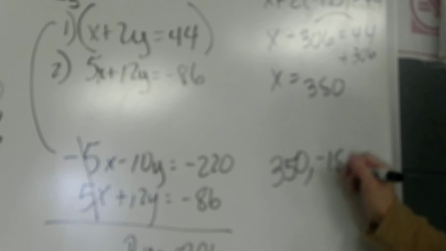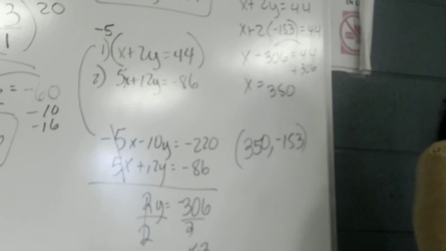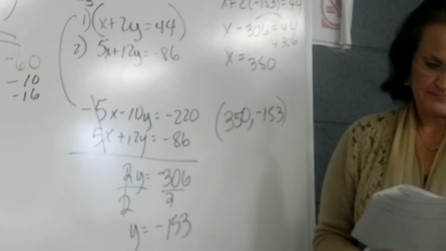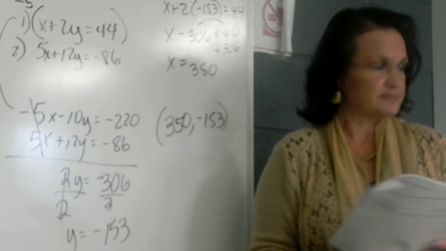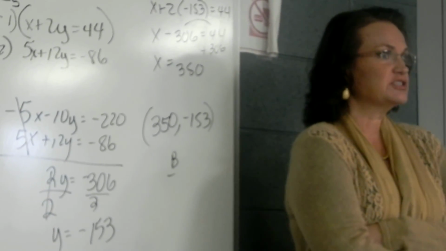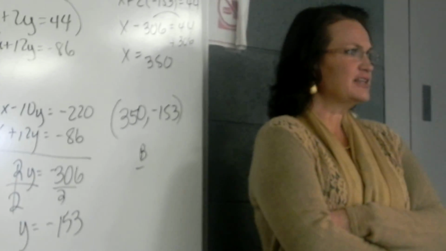So in order, did I make it? 350 and negative 153. It seems wrong, doesn't it? That's why I asked you that. Those numbers seem out of sync with what we normally see, maybe. But questions on the steps? So that is answer B, right? 350, negative 153. So that's a long road to get to that, but questions on the steps? And Whitney, I'm sorry, because I think